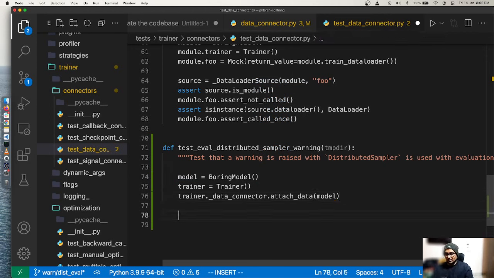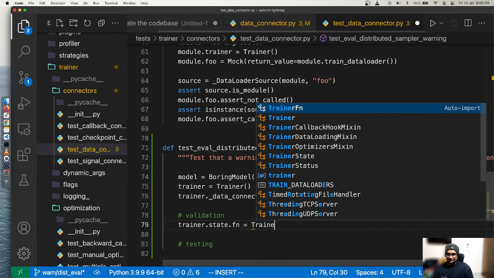Now we are done till the part where, if we call trainer.fit or do anything, it will raise a warning. So in case of validation, the warning should be raised in both the cases. If we are doing validation or if we are doing testing, it should be raised. So we can write this unit test. We can assign this state to the